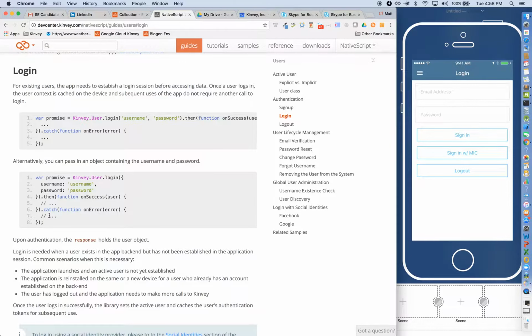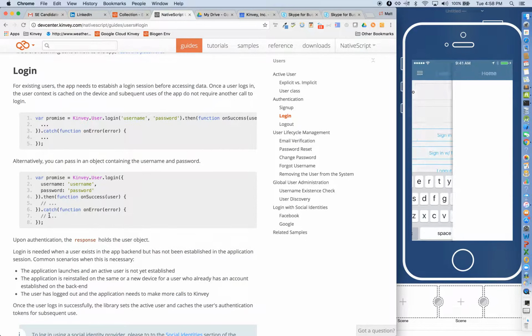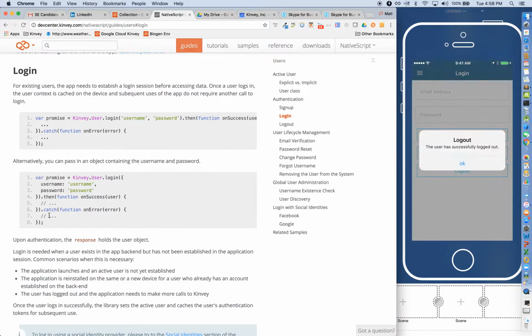And so if we look at that on the device, I can log in with my consumer identity using Kinvey Auth, which is OAuth 2 based. But if I go back and log out,